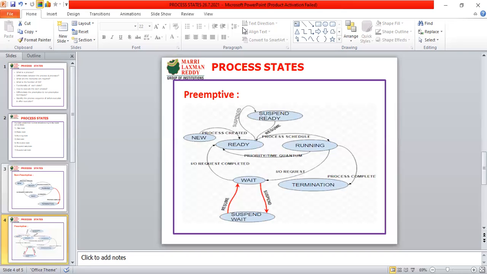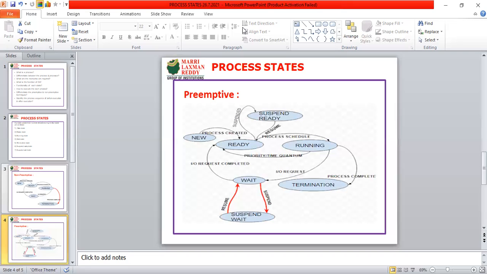The CPU is idle in the non-preemptive technique. Here, the CPU is not idle at any time; the CPU is always working. Why? Because if some process is in the waiting state, and an interrupt occurs for another process, it moves to the ready state, and another process is assigned to the processor. Because of that, the CPU is very busy, and the processor efficiency is good.